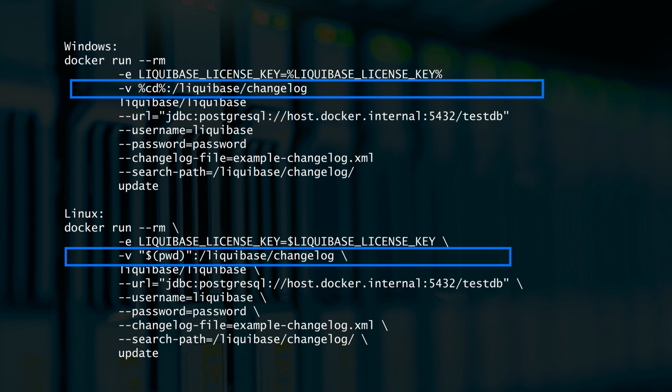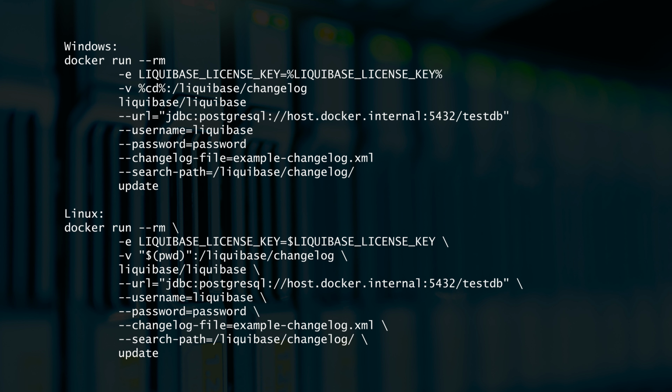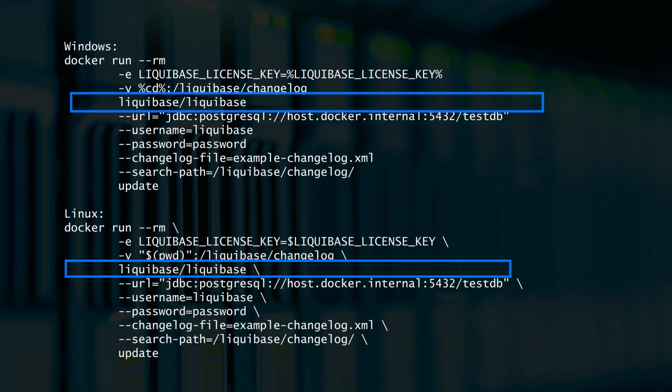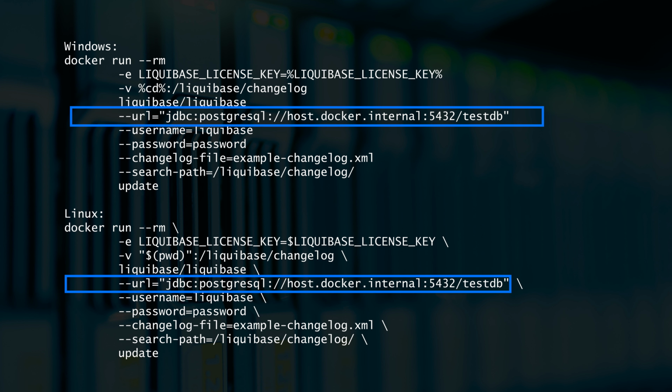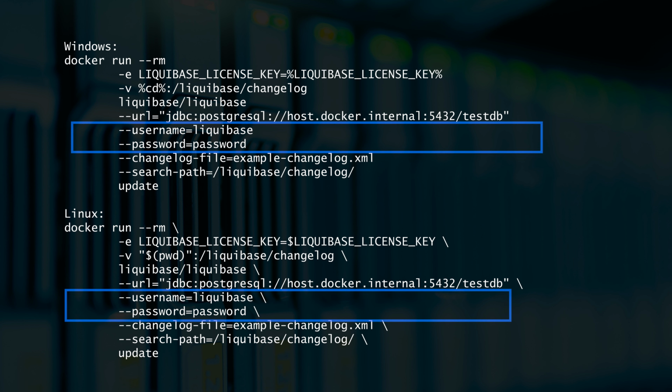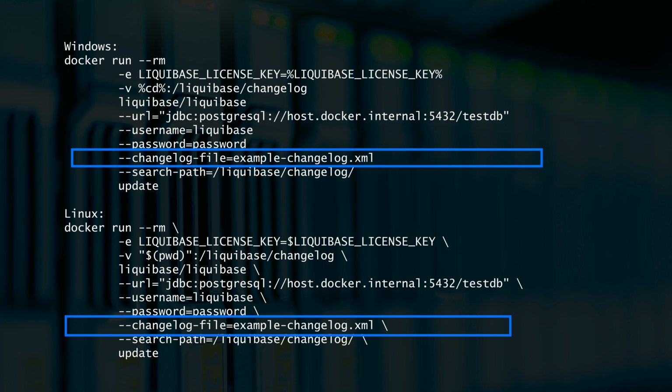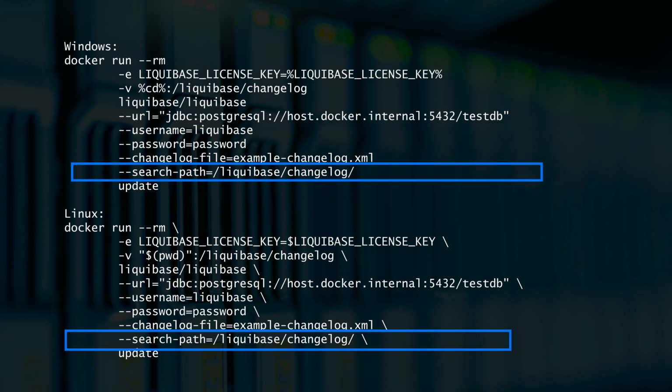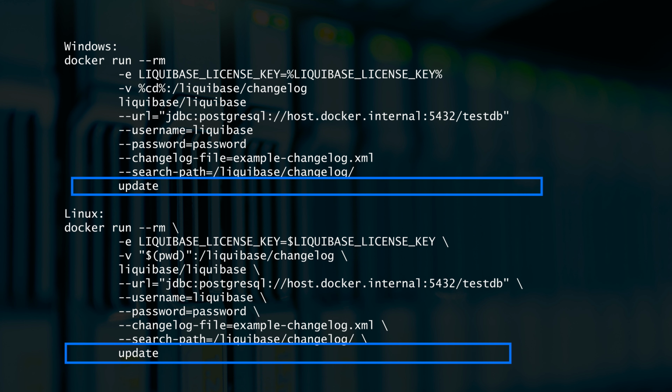Then you'll mount your current local directory into the container. Then specify where the official Liquibase image is coming from in Docker Hub. Specify the JDBC URL connection for your database and map the hostname in Docker to your local machine. Specify the username and password credentials that Liquibase needs to connect to the database. Specify the main changelog file that contains the list of Liquibase change sets. Specify the search path for Docker to find the changelog inside the Docker image, and then run the update command